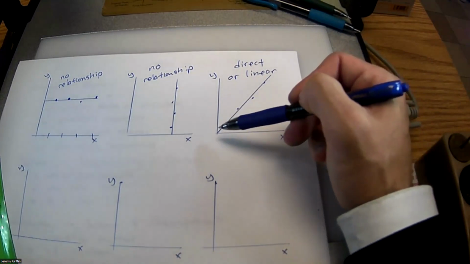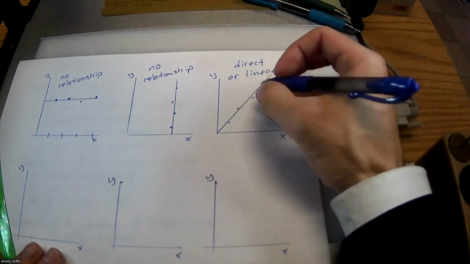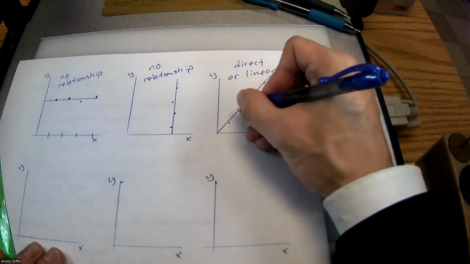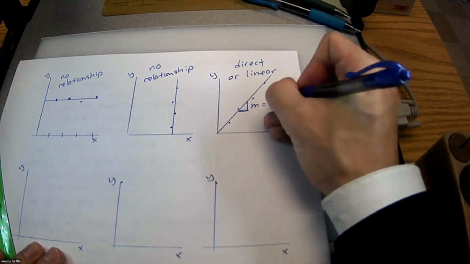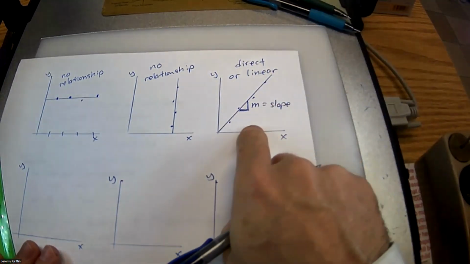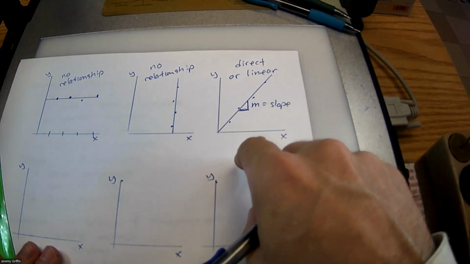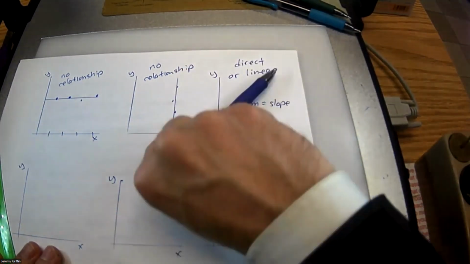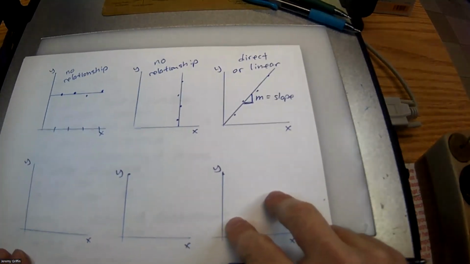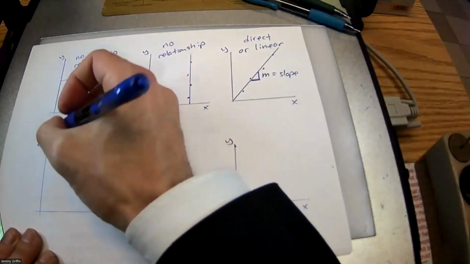Okay, so if they go through the origin, you might just say Y equals MX or Y equals KX. Y equals MX where the slope I might call M equals slope. So M is like an algebra term in this case. If you get Y equals MX plus B, isn't that plus B going to shift this up or down vertically? Okay, you might get